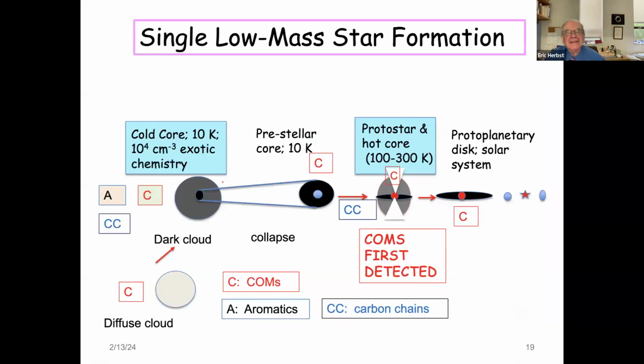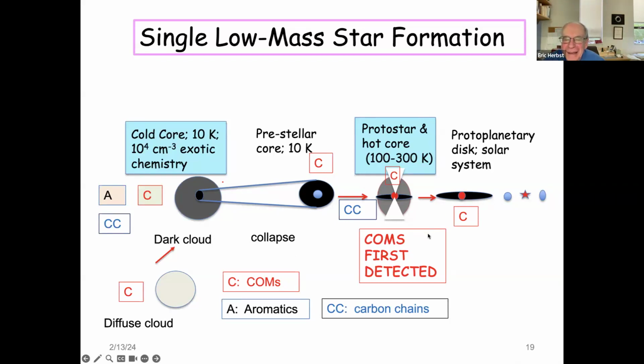Okay. So now we have another view of a star. This starts with a diffuse cloud and ends up with a new star. And one goes through all the stages here, similar to that first slide I showed you. We have a diffuse cloud, and then there's a dark cloud, and there's collapse of various types. And then we get eventually a star starting to form, and surrounding it a disk which is flattened by gravity, and eventually one comes up with a so-called protoplanetary disk in a solar system.